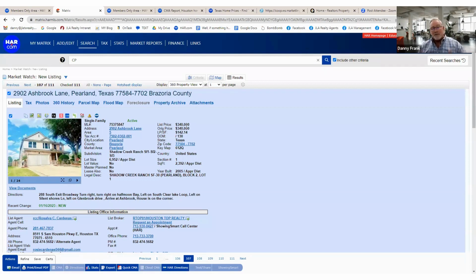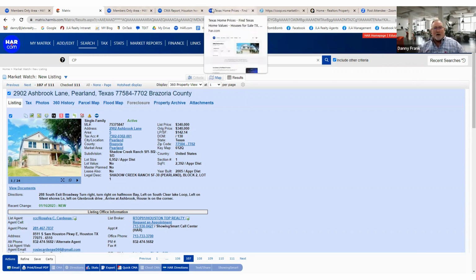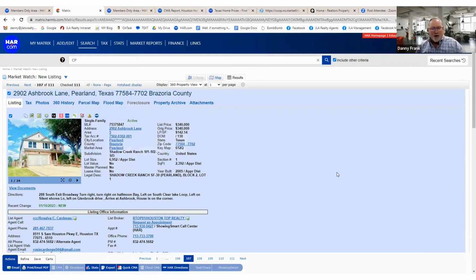And, if I was representing a buyer, I may suggest we go in at a lower price. There's nothing wrong with what this agent's listed this at. It's a fine, beautiful property in Pearland. So what I want to do now is jump into several different things. So how I look at things, I go through a lot of the AVMs, the automated valuation modeling tools that we have as realtors. We can come in and look at all this stuff.